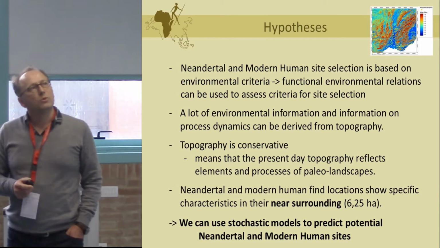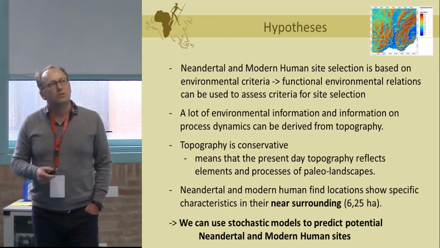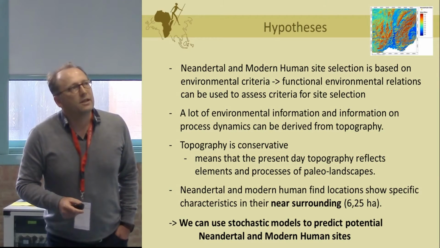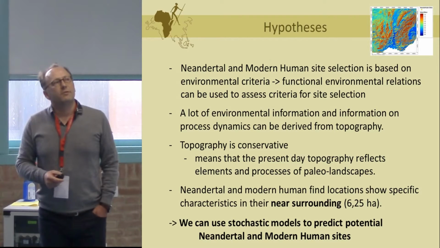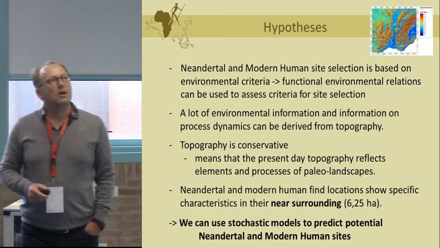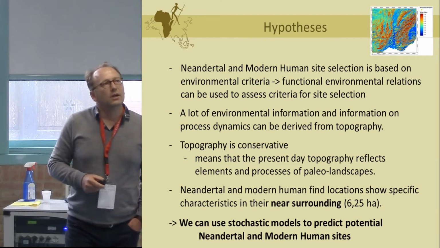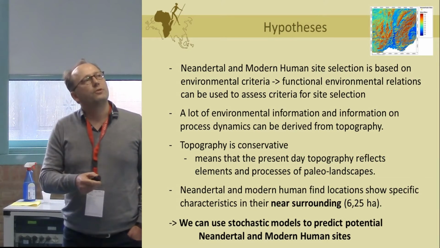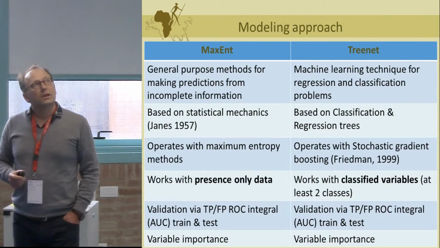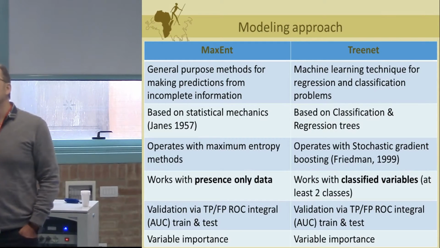Neanderthal and modern human find locations show specific characteristics in their near surrounding, so that is also the hypothesis. In this case, we have a spatial resolution of our analysis of about 6.25 hectares. Taking into account these hypotheses, we can use stochastic approaches to predict the potential site selection criteria of Neanderthals and modern humans. So the modeling approach we used, I already said at the beginning, is MaxEnt, the maximum entropy method,